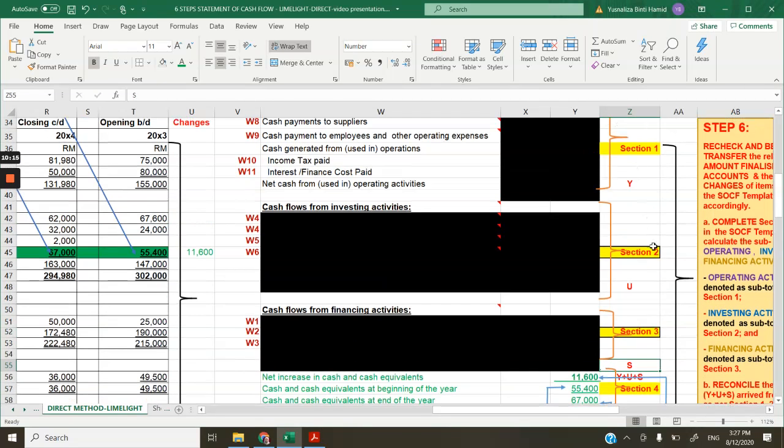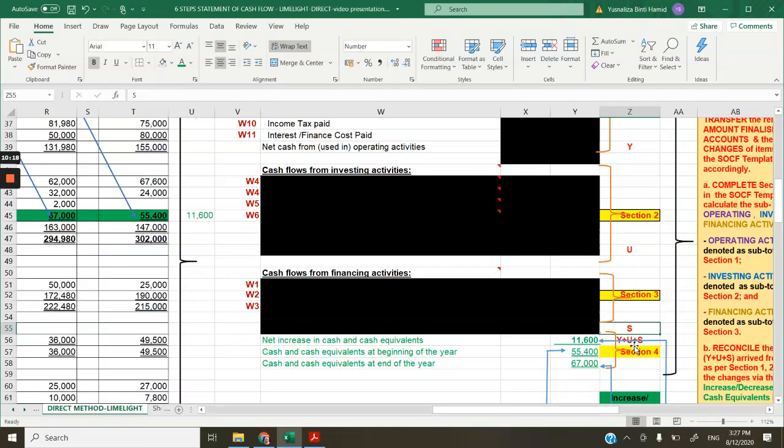So these three totals, Y plus U plus S, will also make up 11,600 later. So if you do your three activities later, you will see that the total from these three activities must come back to